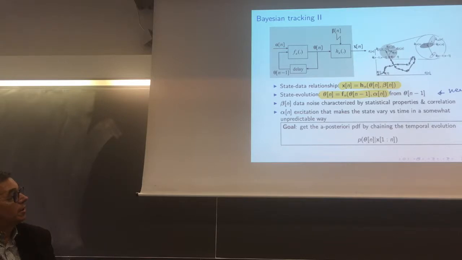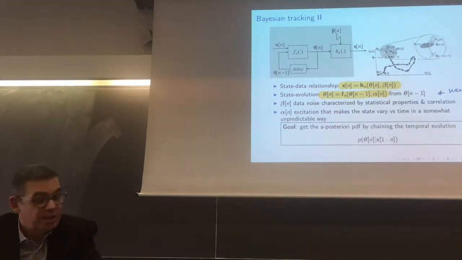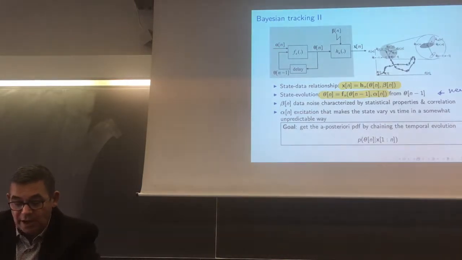Now, beta is the data noise. Okay, we call it noise, and alpha is the excitation. They are both random. So random means they are characterized by their distribution or statistical parameters. Now my goal is to get the a posteriori PDF. So my goal is to get the probability density function of theta, of the state at the time n,